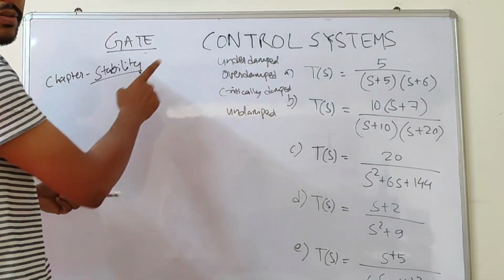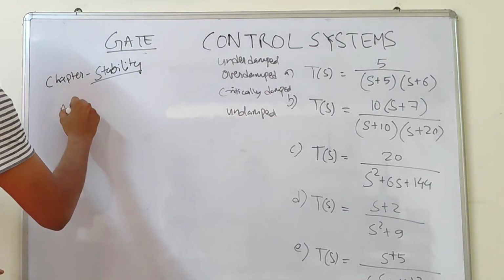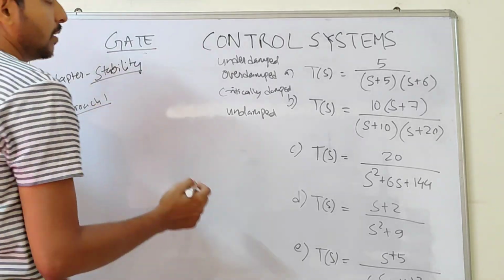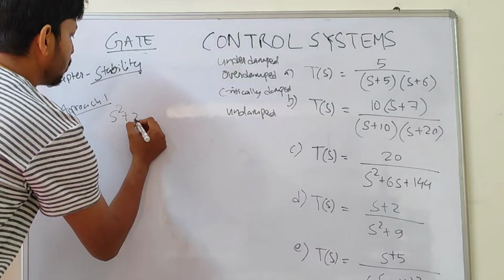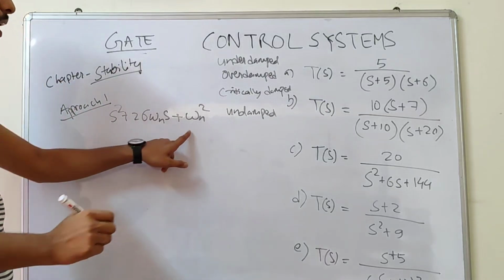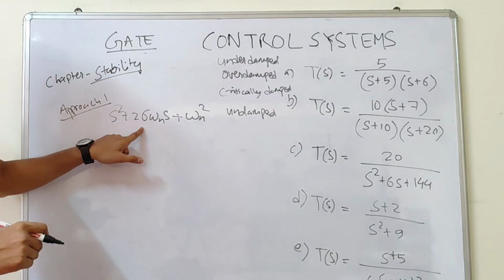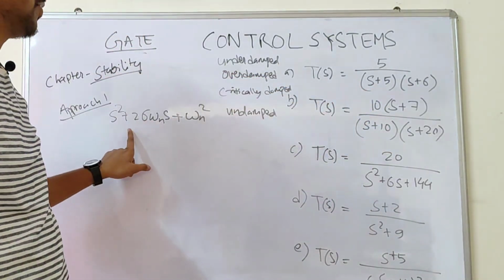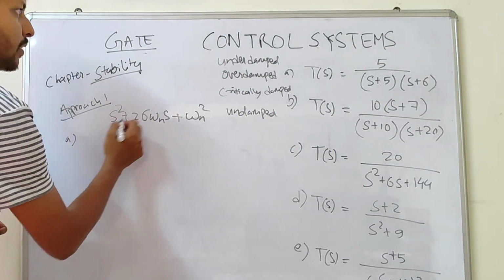So there are 2 approaches to solve this problem. I'll go over it one by one, right? First, let's follow approach 1, where we write the denominator, the characteristic equation, in this form: s square plus 2 sigma omega n s plus omega n square, where omega n is the natural frequency of oscillation and sigma is the damping factor. So let's say A, if I write in this form, then